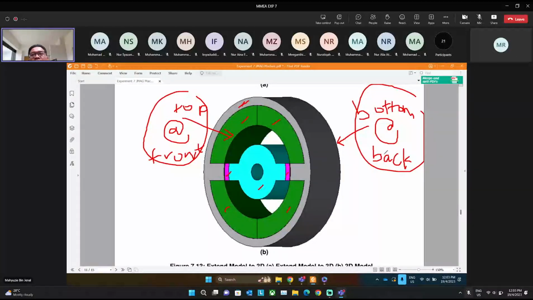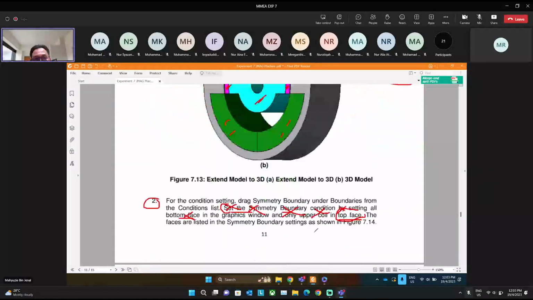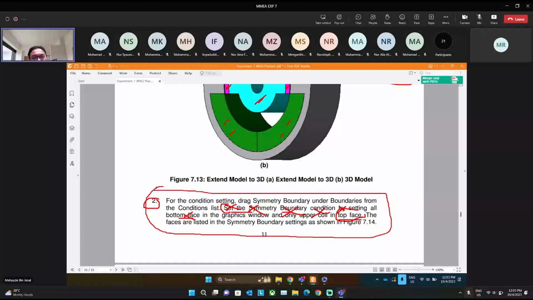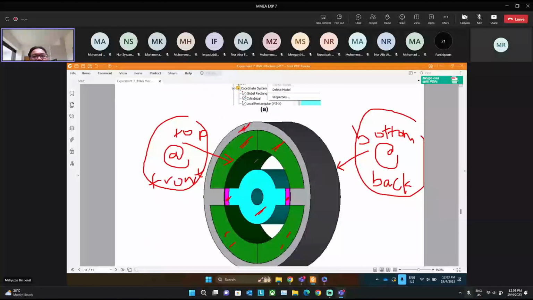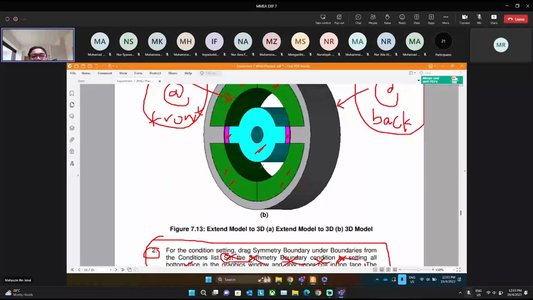And then go to the back of the design. So again, let's say this is the back, and then you must again select stator, armature coil, top one, and then PM, rotor, PM, and then the bottom permanent magnet, the bottom armature slot. Right. So only for this step number 2. It's quite confusing, and now I have explained to you how to set the symmetry boundary of the 3D